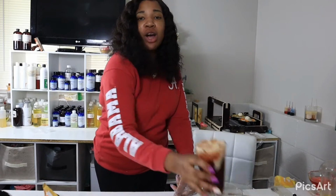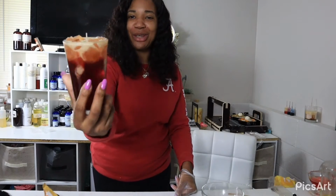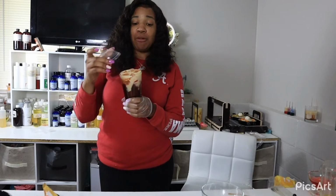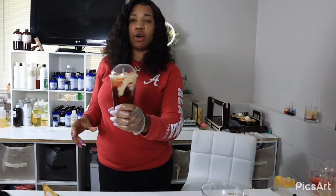Today we'll be doing an iced coffee candle. Yes, it is so cute, right? Oh my God. And I just have the cutest little dome cap to go on it, guys. I will definitely be giving you the information on how I got the dome caps and how I made it